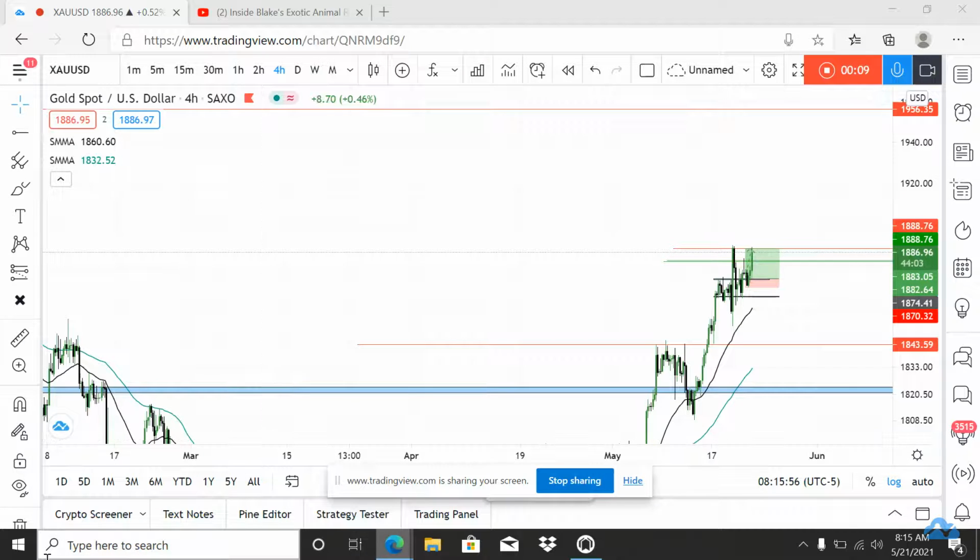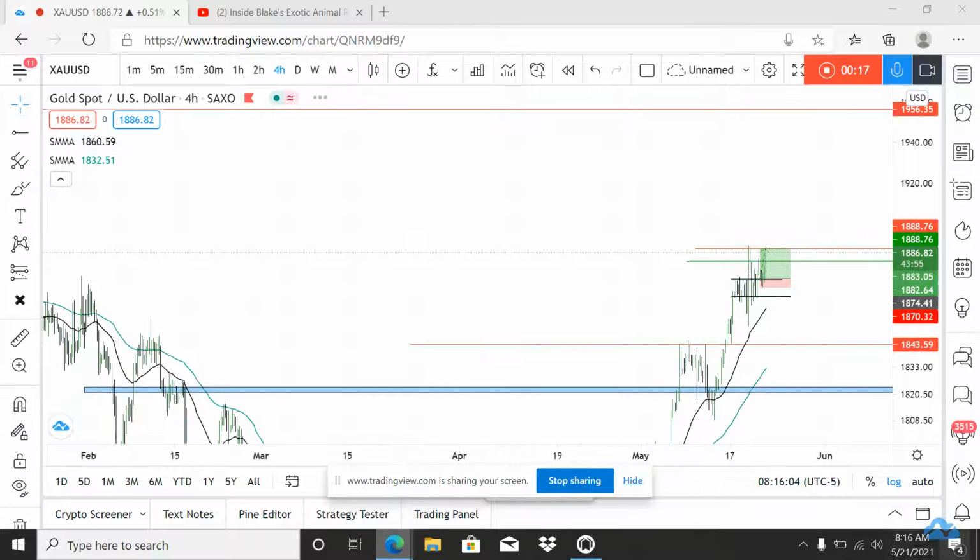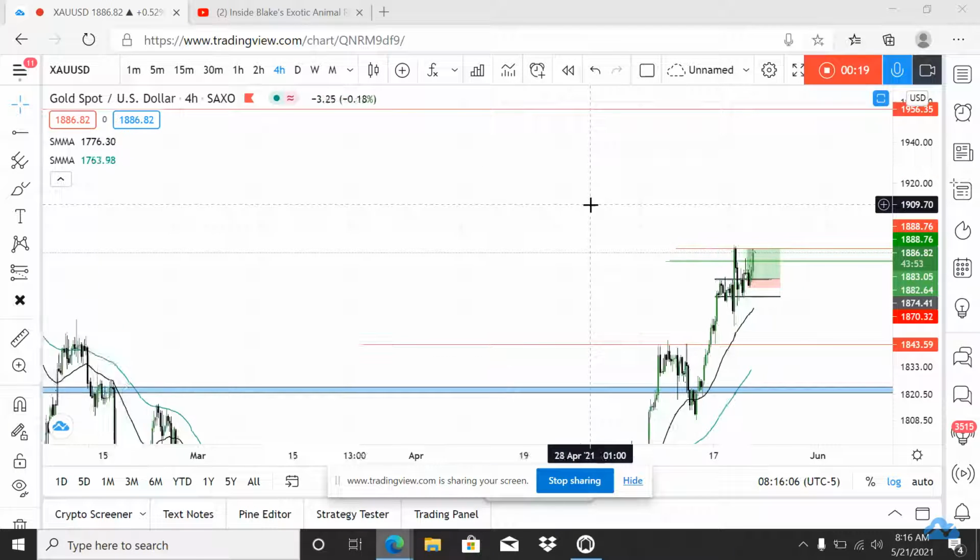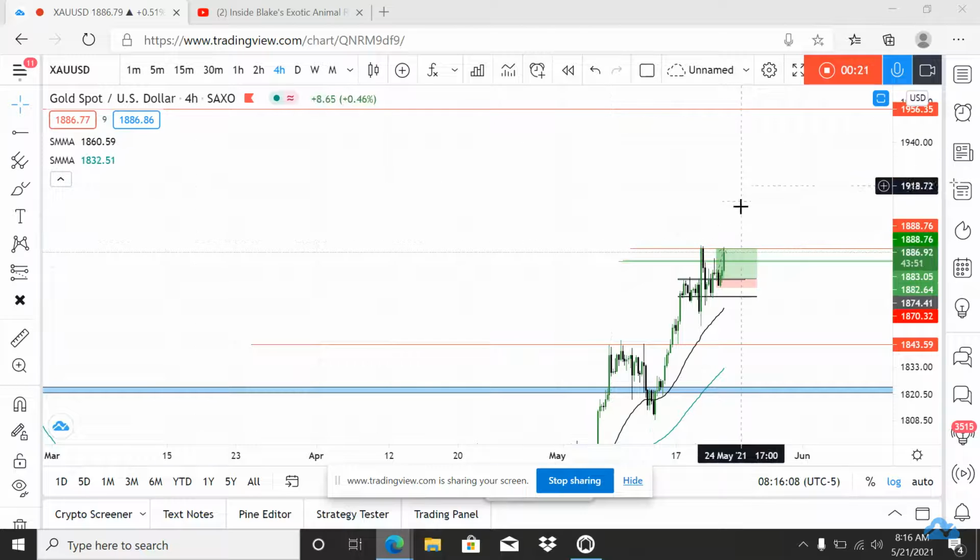All right, so this is gonna be a quick breakdown of this gold trade that I took for today. As you see the date, 5/21. I've been in this trade since yesterday. So basically,